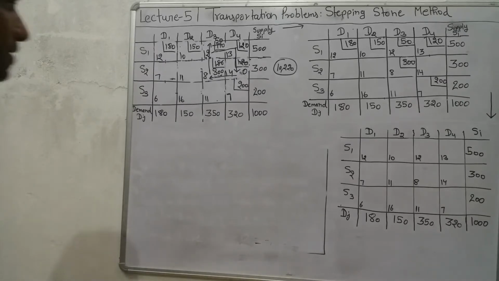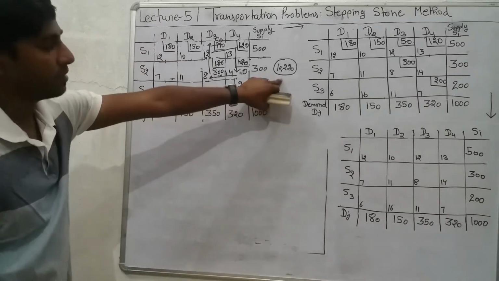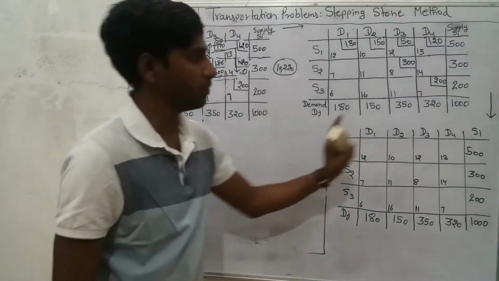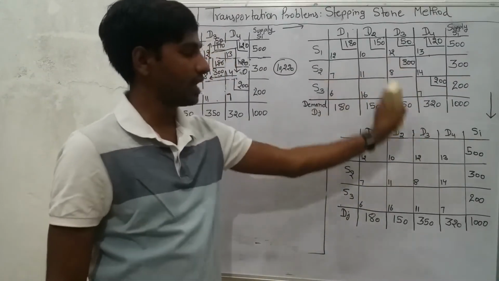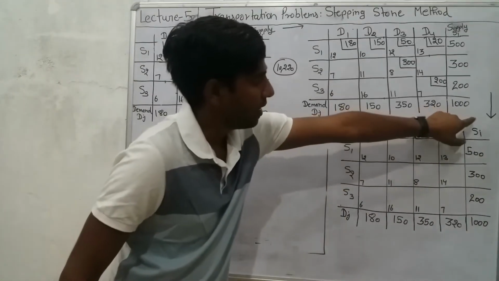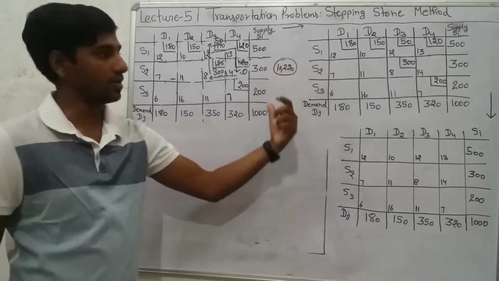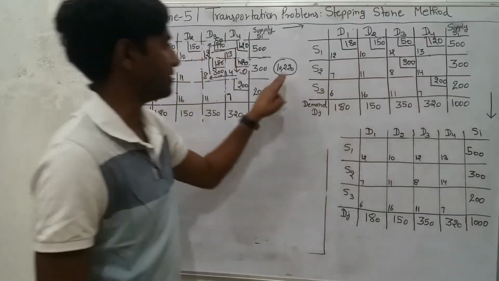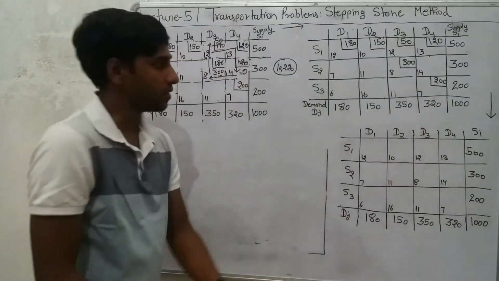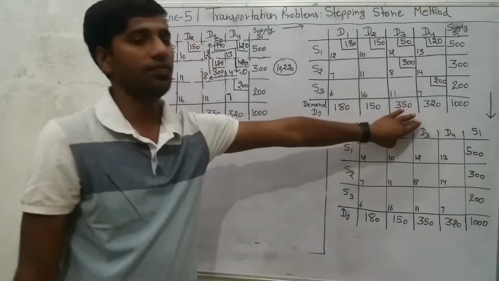Yeah, it's working. So the initial feasible solution gave us a total cost of transportation equal to 10,220. Now we got an improved solution with this allocation. So we can calculate the total cost, and we can identify that this solution is for sure going to be lesser than this total cost. The total cost of this allocation would be lesser than the previous allocation. So we got an improved solution, but still this solution is not optimal. Again, we have to check the optimality of this solution as well.